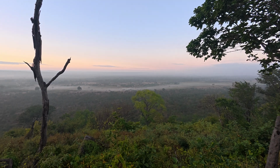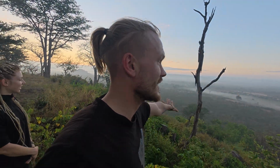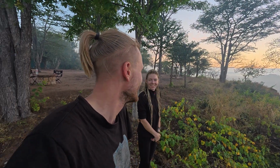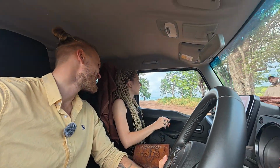In the morning this view is even more gorgeous. Do you see elephants? Not a single one. By statistics alone, we were looking down there, there should be at least 2,000 elephants. There are 50,000 in the park and we can see like...